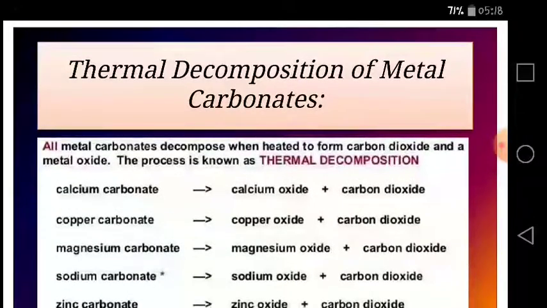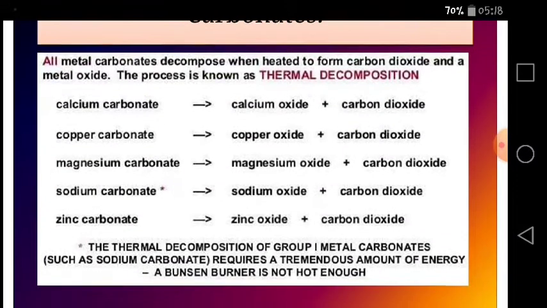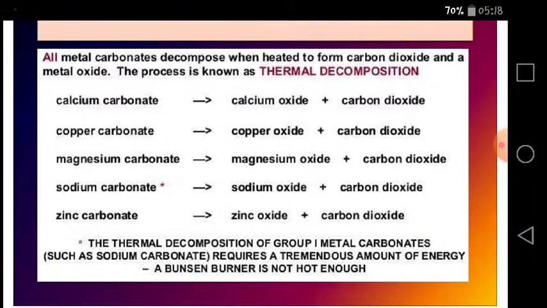All the metal carbonates, as I mentioned earlier, when heated form carbon dioxide and a metal oxide, and this process is called thermal decomposition. Here are a few examples given on this slide: calcium carbonate, copper carbonate, magnesium carbonate, sodium carbonate, and zinc carbonate. And you can see all these carbonates are going to break down into their respective oxides, and carbon dioxide